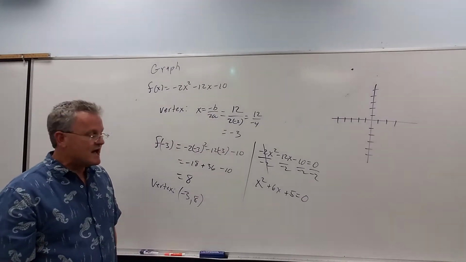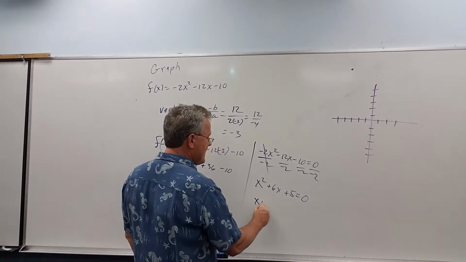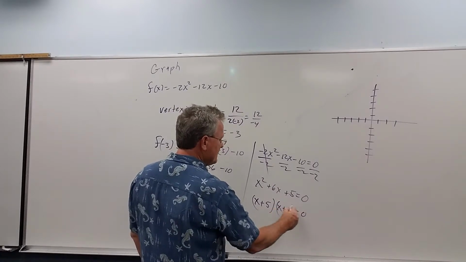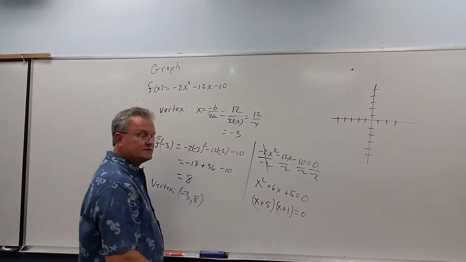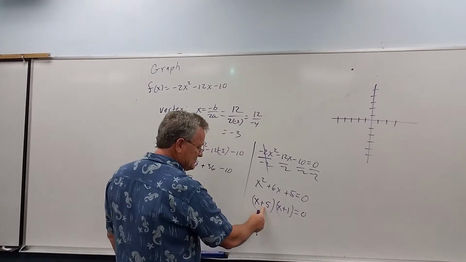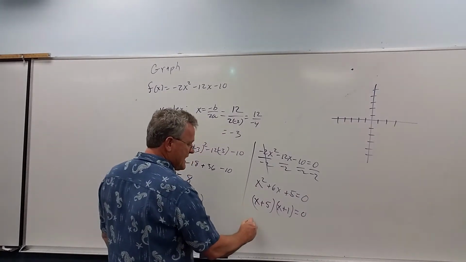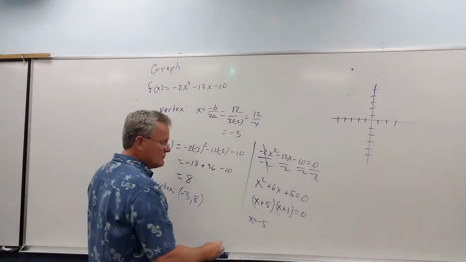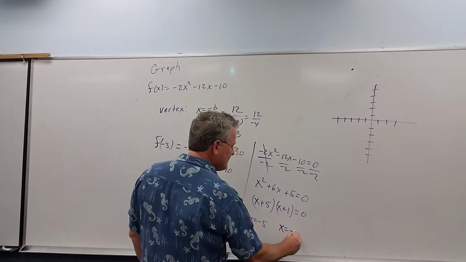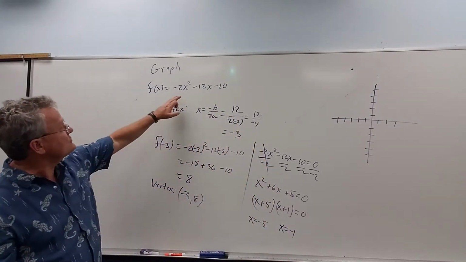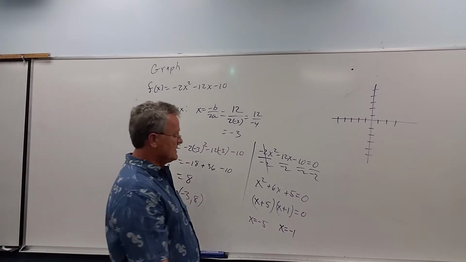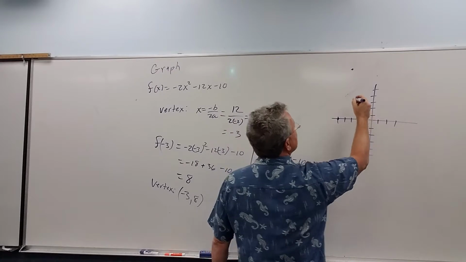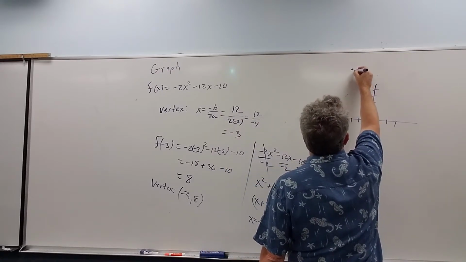This does easily factor. This factors into x plus 5 times x plus 1. These numbers multiply to 5, but they add to 6. When I set this equal to 0, we get x is negative 5. When I set that equal to 0 and solve, we get x is negative 1. So the graph of this quadratic function is going to cross the x-axis at negative 5 and at negative 1. So it's going to kind of come down